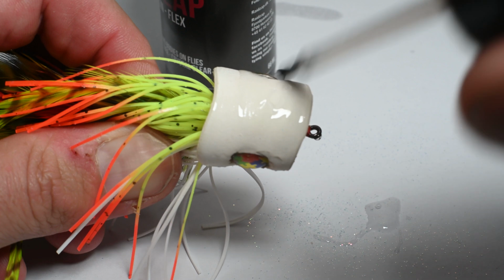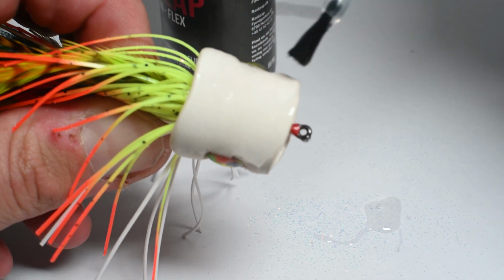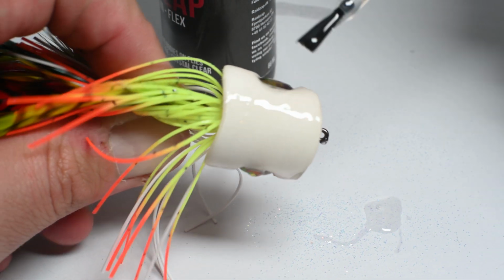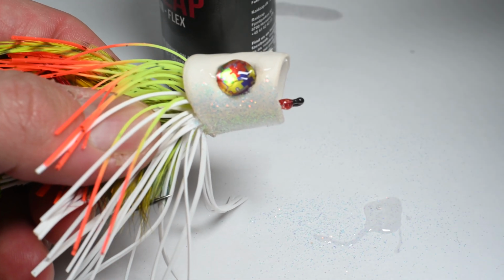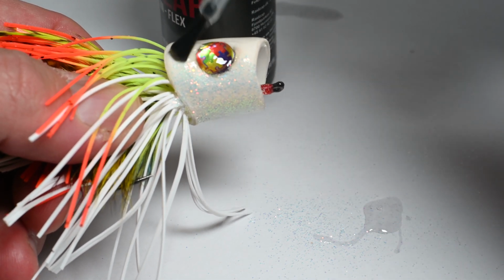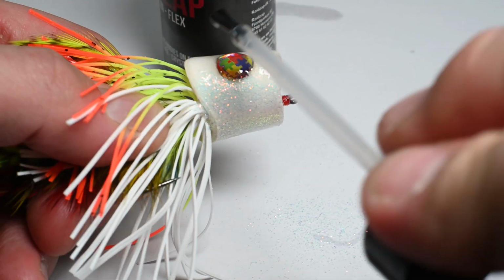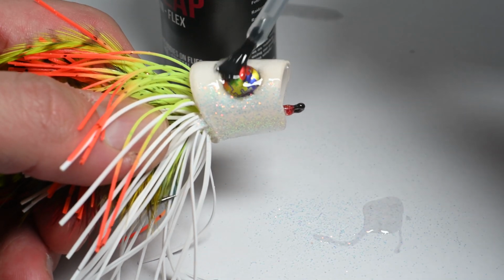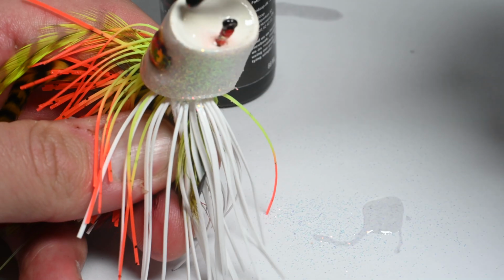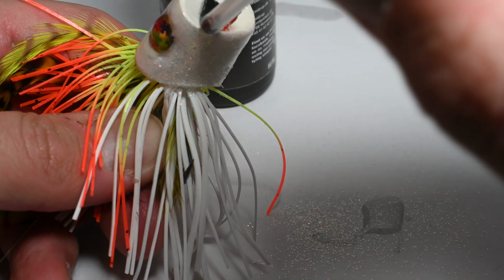I really like the application that it's got a brush in there, and then I really glob it on the eyes. So I kind of will run the brush against that eye so that we're getting plenty of resin around that eye, because that's where we spend our money, is these eyes. We want to make sure we keep them on there. And then of course I'll cover the front portion here as well, making sure that everything's got a nice